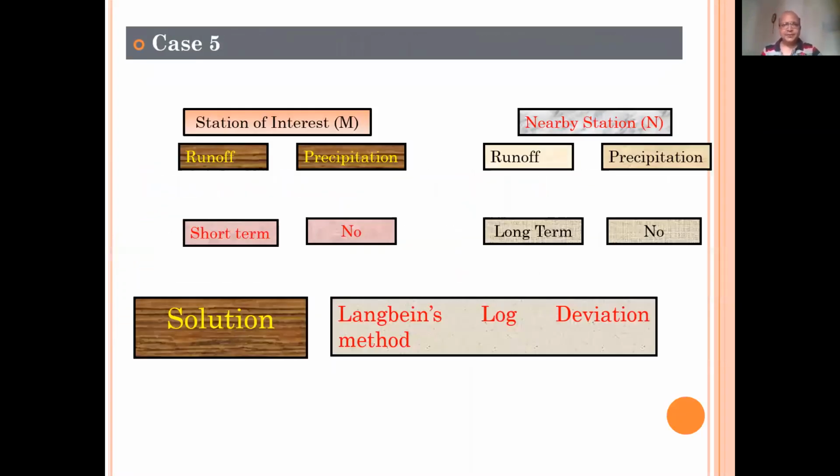In the fifth case, what is there? You don't have precipitation of your site, you don't have precipitation of nearby sites, but you are having short-term data for your site, but nearby site is having long-term runoff. So in that case, we use Langbein's log deviation method. This case is rarely occurred. In general, this type of situation very rarely occurs when runoff data is available and rainfall is not available. Generally, rainfall you will get everywhere. So what we do in that case,